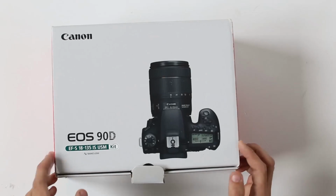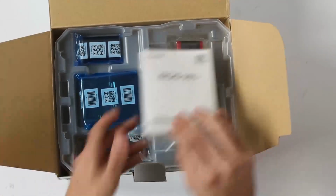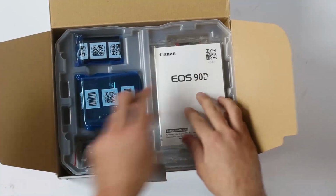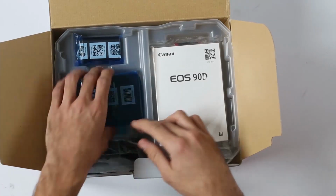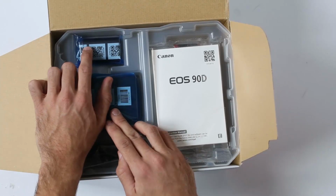When we open this box, here we have the instruction manual and warranty card. Then here we have a neck strap. Here we have a power cable. Here we have a power charger and the battery. This is